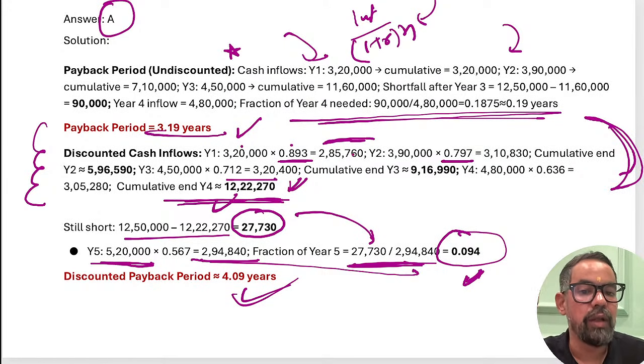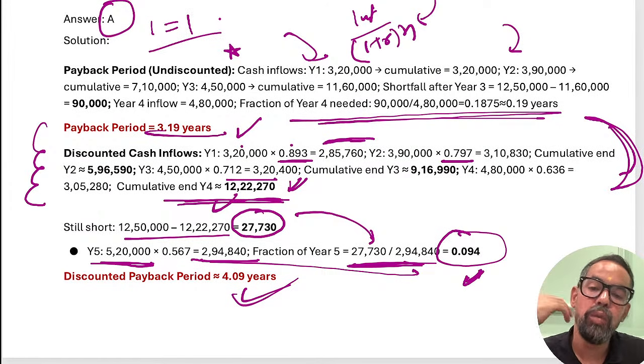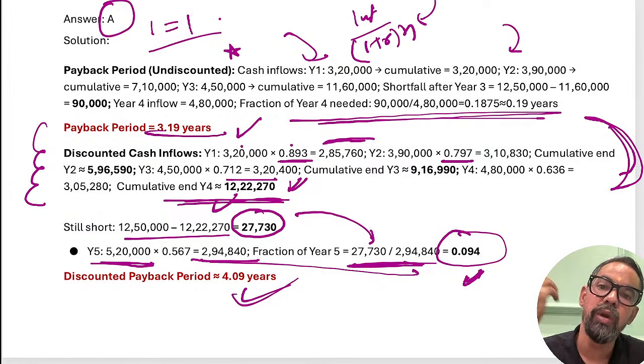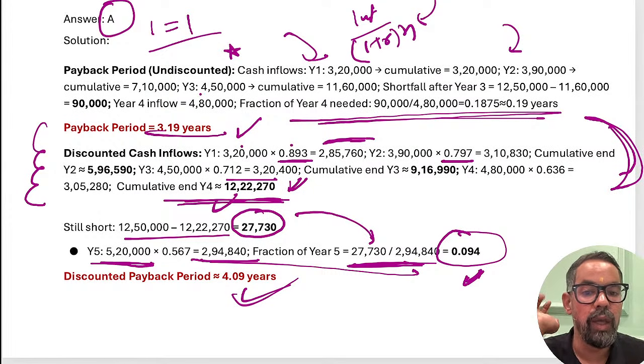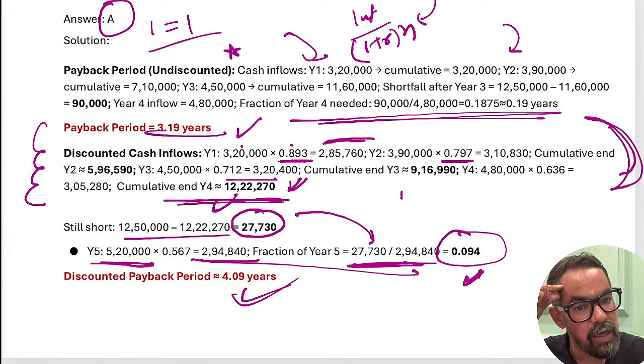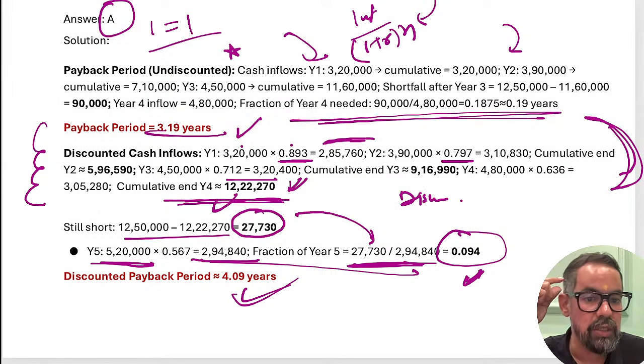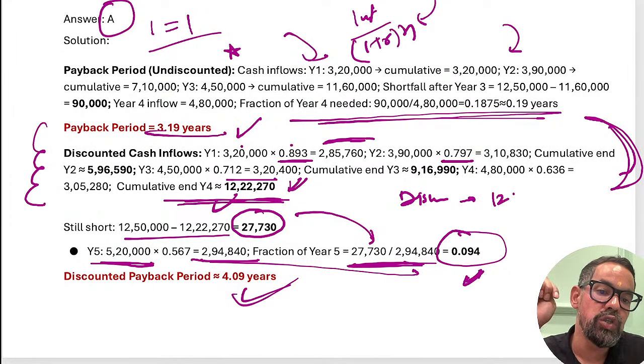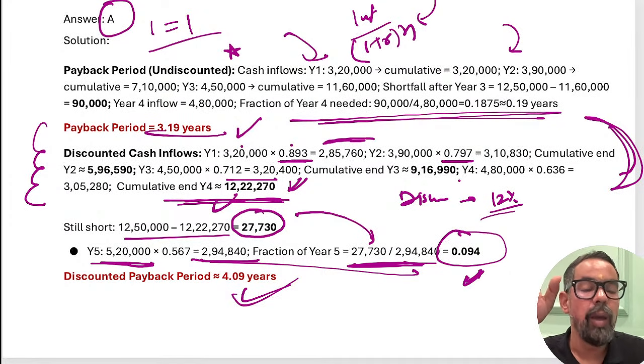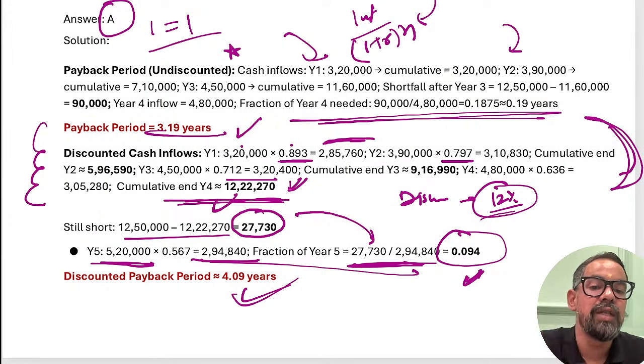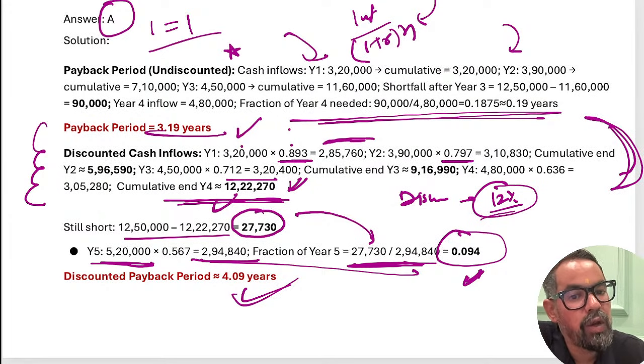If you calculate the discounted inflow, in the first, non discounted case, we are assuming today's 1 rupee is equal to tomorrow's 1 rupee, or a year later 1 rupee, or 5 years later 1 rupee. But in this case we are discounting them. Discount means you are using a discount rate, which is 12% given in the question. But you do not have to go for this because they have already discounted the 1 rupee value.